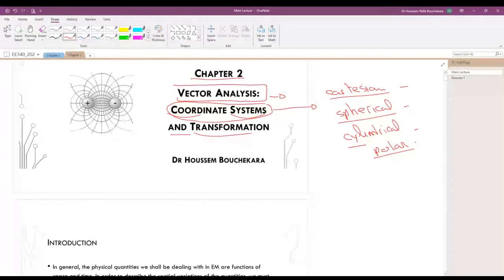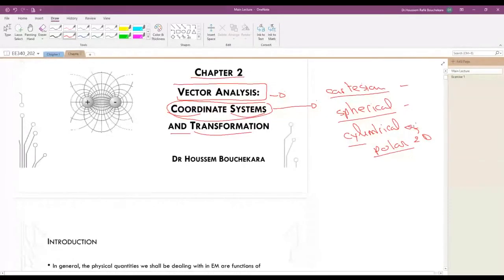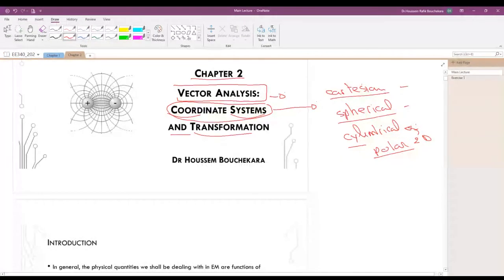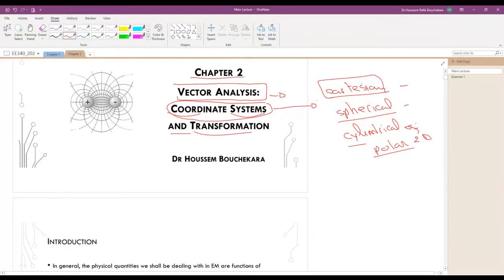Yes, 2D of the cylindrical is the polar coordinate system. ليش نحتاج 3 coordinate systems يعني؟ ليش معقدين أنفسنا؟ ليش ما ناخدش الكارتيجن وبس؟ Why we need 3 coordinate systems؟